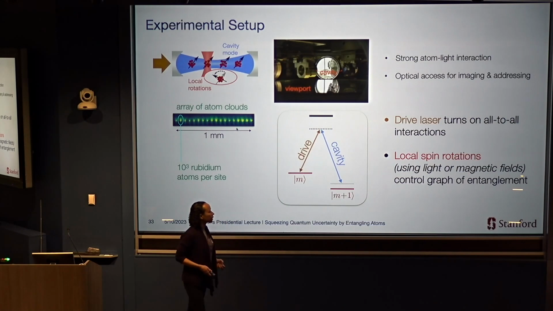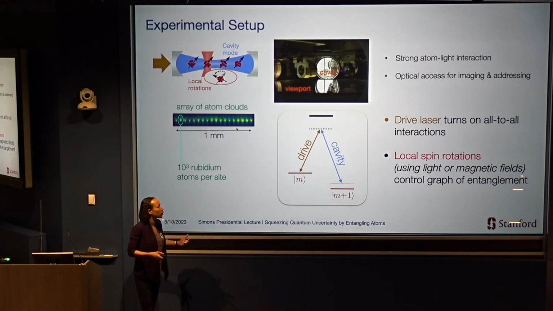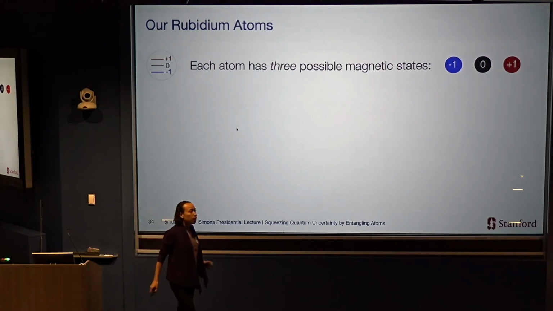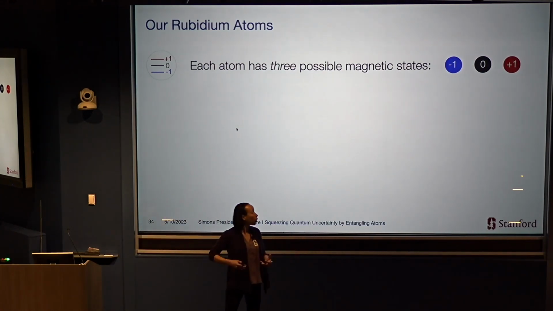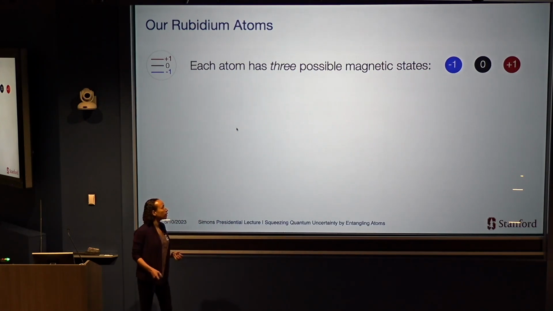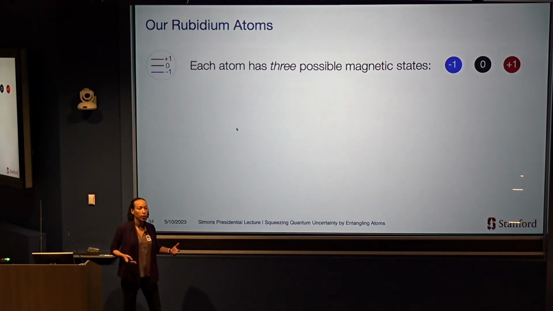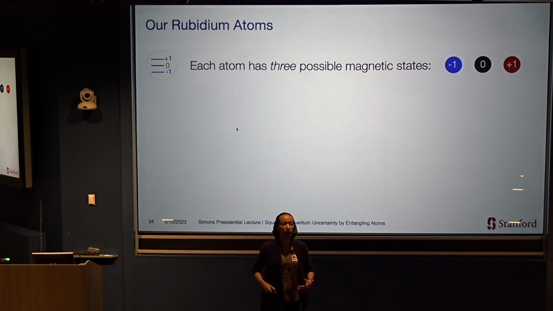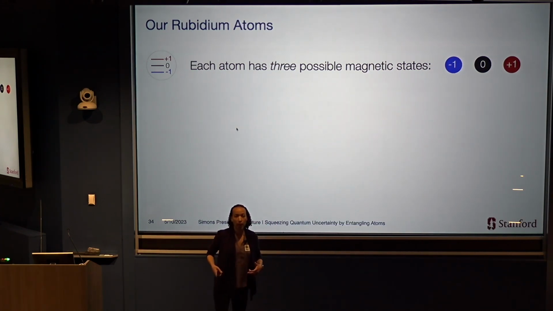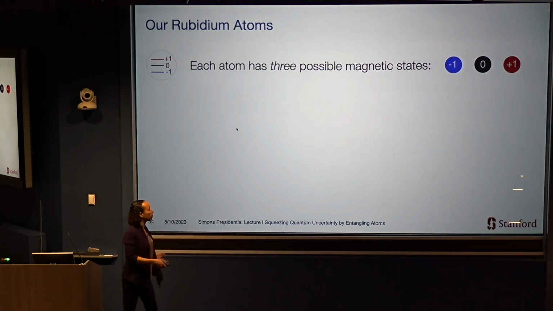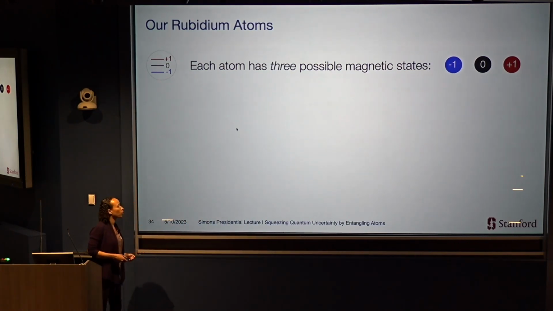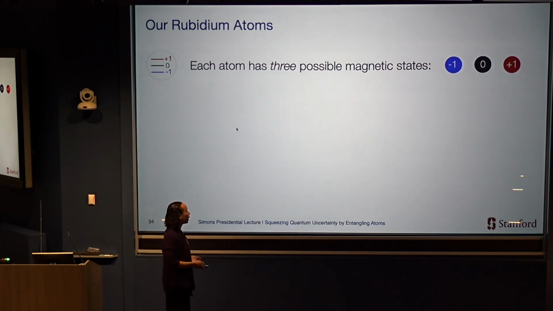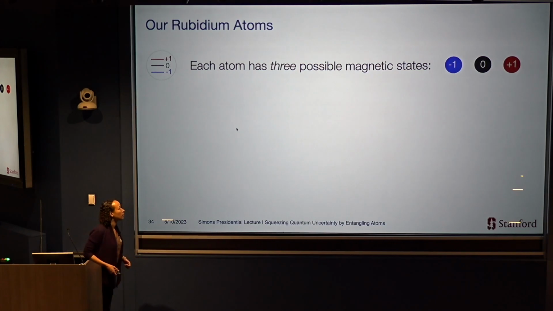And it turns out that those two tools we're finding are very versatile for controlling the structure of entanglement in the system. OK, so to tell you a little bit more about how that works, I'm going to zoom in a little bit more to the details of the atoms we work with. I talked about an atom as something that maybe has two energy states that I called spin up and spin down. But in our current experiments, we actually work with atoms that have three energy states that I call -1, 0, and 1, three different magnetic states.